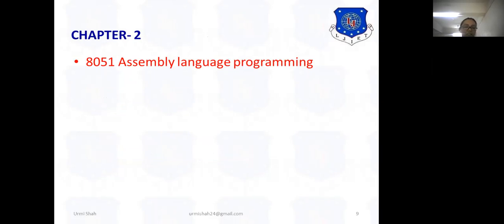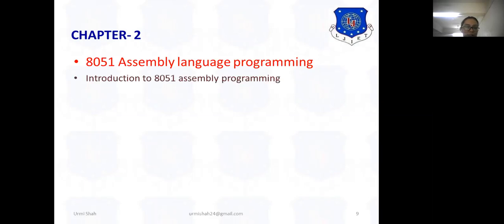You might have studied this in 8085. In this subject also, we are going to see assembly language programming for 8051. Apart from assembly language, we are also going to study C programming for 8051 in the upcoming sessions.